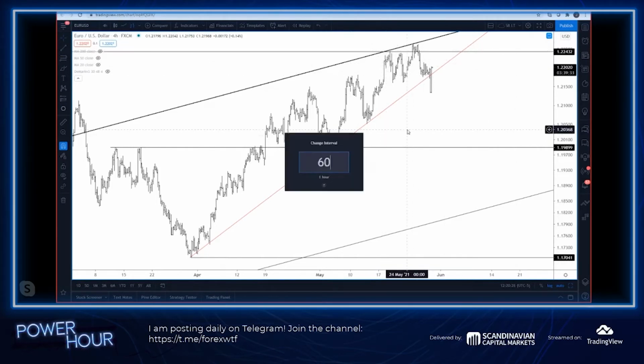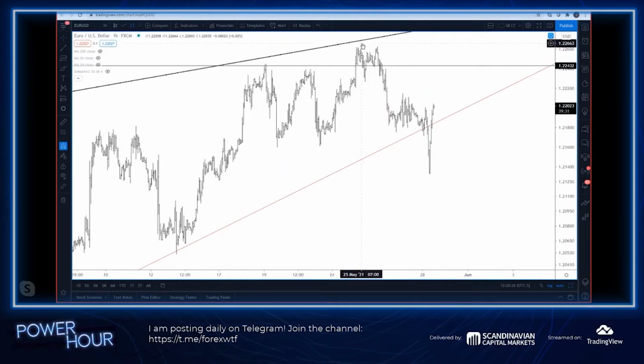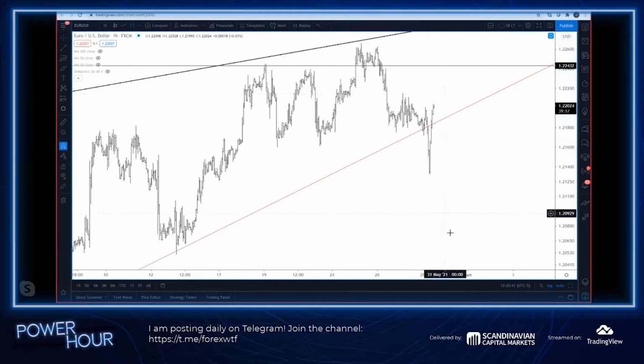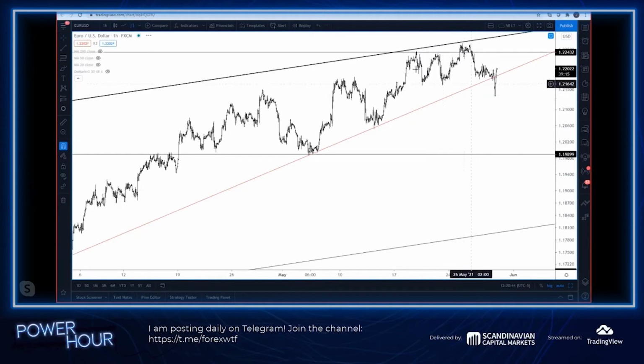So hourly chart, 1, 2, 3, 4, 5. And 618, fourth wave high. Excuse me, 122.15. So look for resistance around 122.15. We're currently at 122. Again,